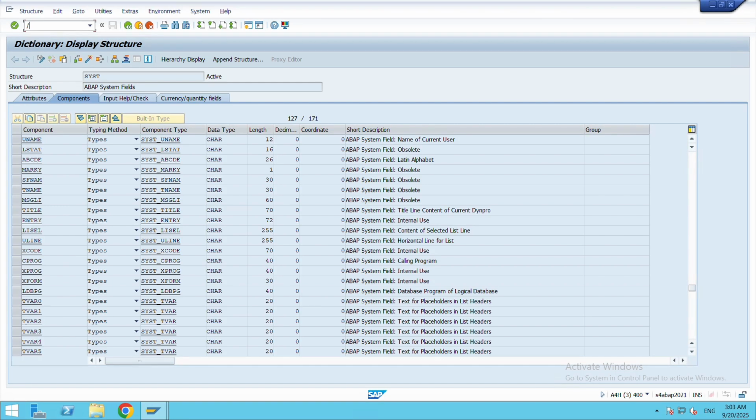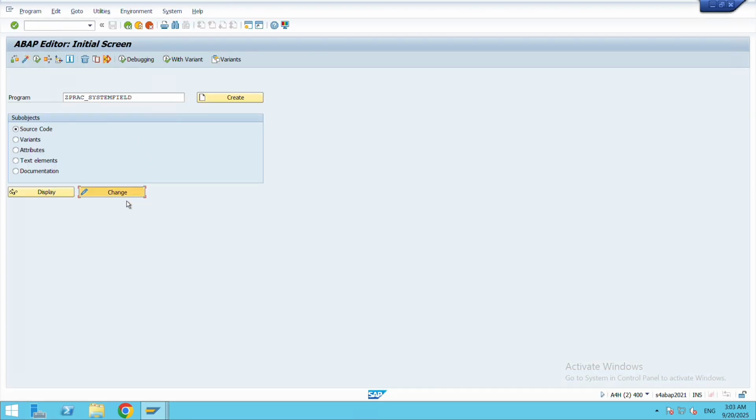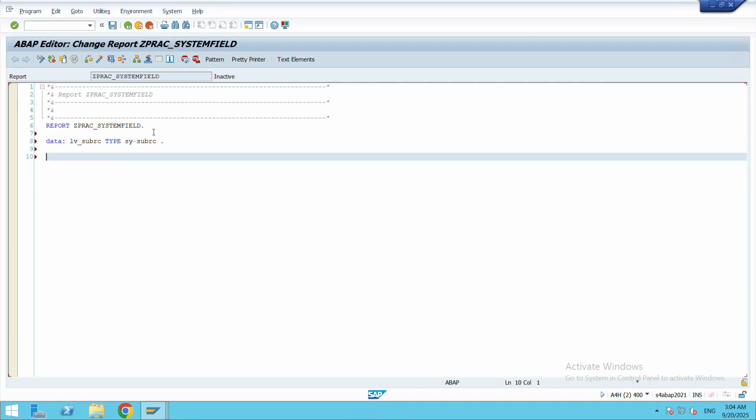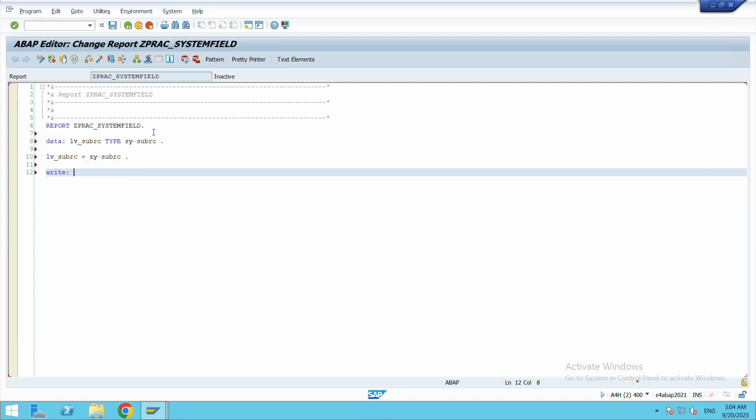Go to /OSE38, where the program is already created. Using the DATA keyword, we can declare a variable lv_subrc type sy-subrc. Now assign this value to the variable: lv_subrc = sy-subrc. Print this variable using the WRITE statement, lv_subrc.